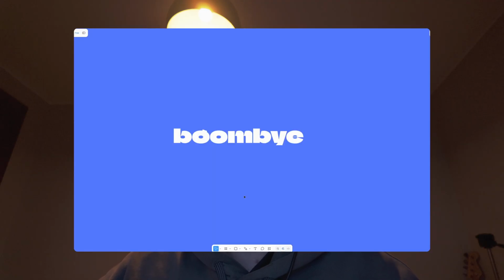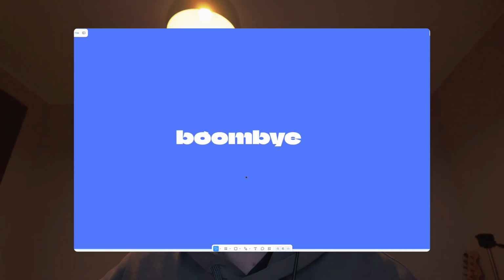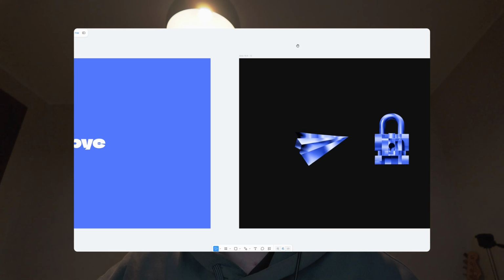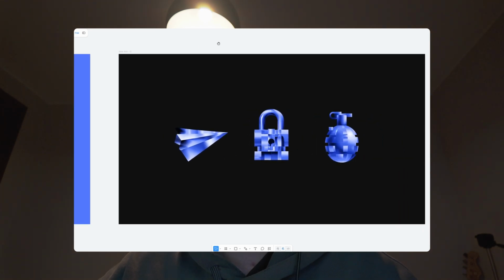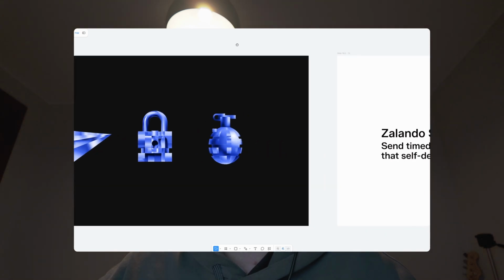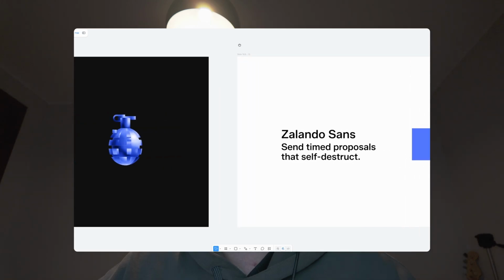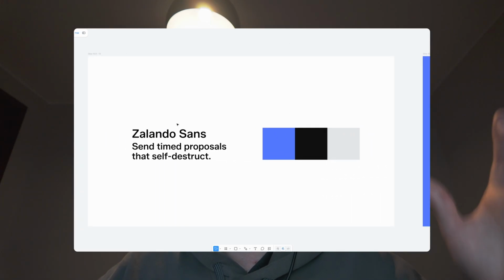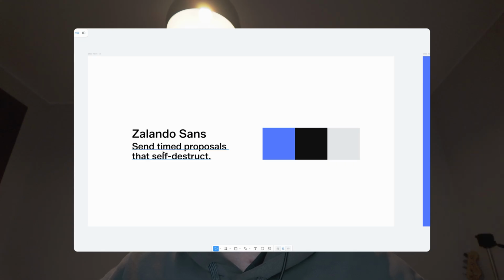So again, I've created a series of slides so that I can show you how the brand looks like. So this is the logo for Boombye. These are some icons that I've developed using AI so that I could have a sense of the visual language that I can explore in the future. So again, this is really early days, this is quickly bootstrapped, and my purpose here was to focus on building a landing page. The typography that I chose is Zalando Sans, from the product of Zalando. They launched it on Google Fonts. Why use Inter when you have so many options of other fonts to use?